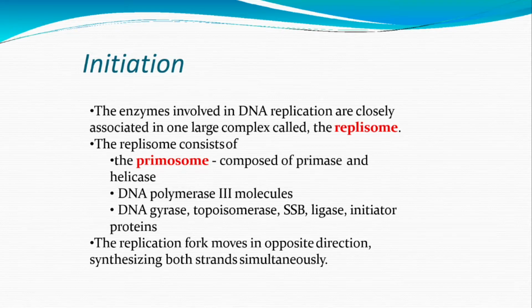Now, what happens is the initiation process should not occur twice. Now, how is it inhibited? It means once you have initiated the process of replication, it should not repeat itself until and unless the entire process has been completed. It is found in research that the initiation process could be inhibited